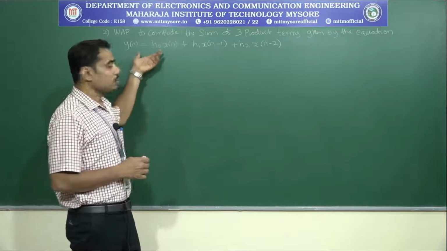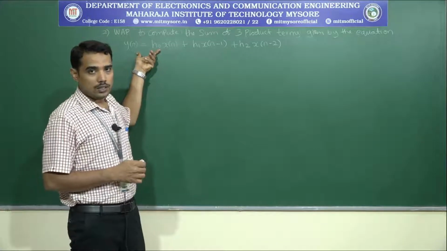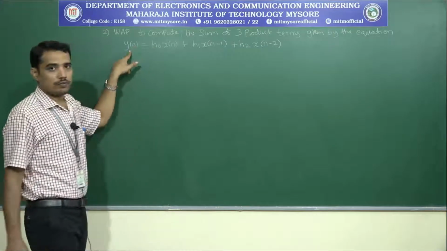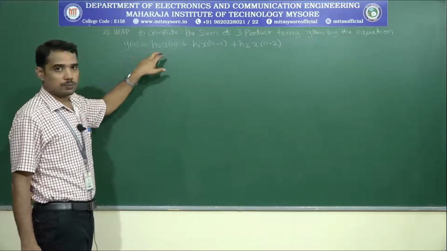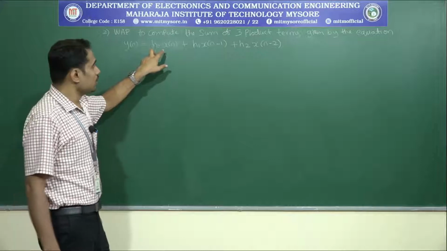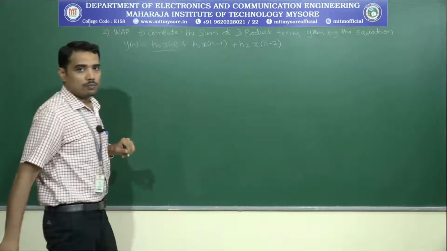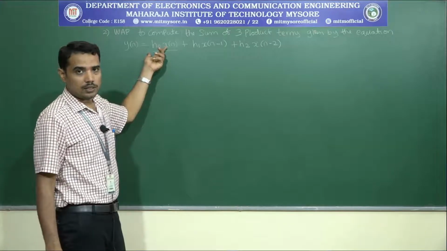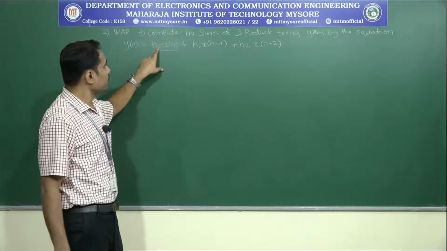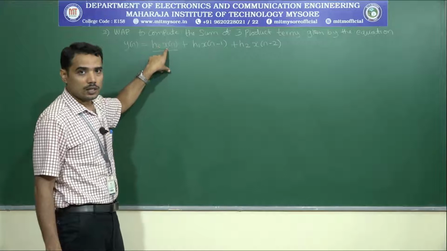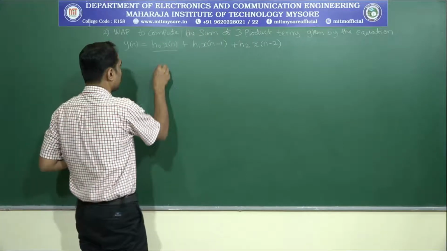By looking into this equation, we can come to the conclusion that the output y(n) is computed with respect to two operations. One is you have to perform multiplication operation in order to get the product of h0 into x(n), multiplication operation,